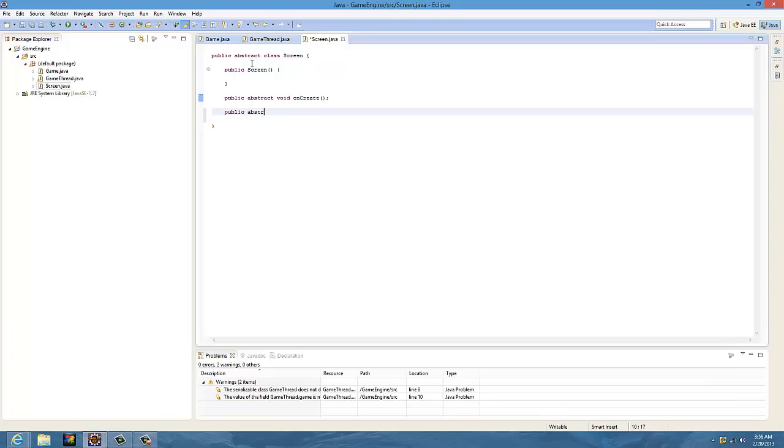So we're going to do public abstract void onUpdate, and this is going to update it every few milliseconds or so. And then we're going to do public abstract void onDraw, and then we're going to send our Graphics2D g2d object into there, so we can